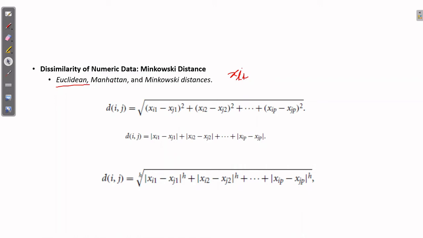Now the Manhattan distance is actually similar, but we are not taking the square and the square root part. We are just taking the absolute values. For corresponding attributes, we take the difference, take the absolute value of it, and add them together. What about Minkowski distance? Instead of Euclidean distance, where you square and take the square root, here you take the power up to h. You take the difference, take the power up to h, and take the hth root. That is the difference. This is how we calculate different measures for numeric data.